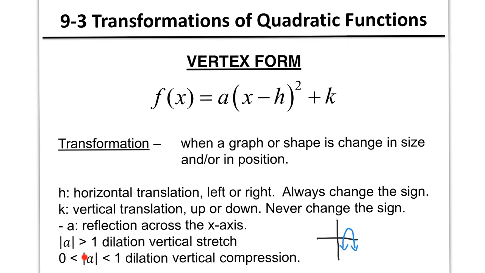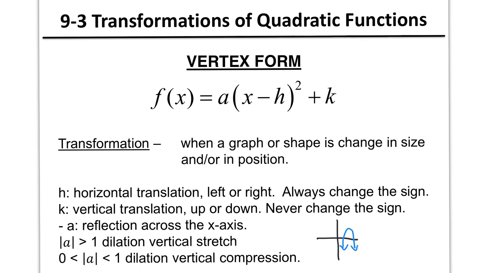If your absolute value of a is between 0 and 1, we have a dilation with a vertical compression. Now compression means when you compress or crush something. So imagine that I take the parabola from the top, I take it from the bottom, and I compress. I actually squish it like a sandwich. If you take a peanut butter sandwich and you compress it, you squish it,